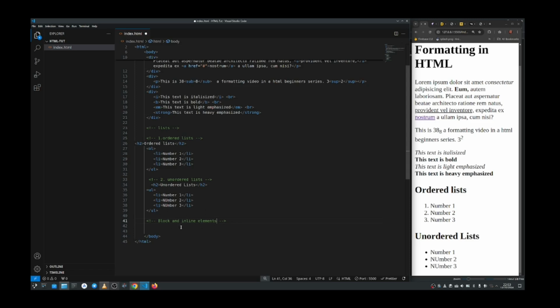So we are going to talk about inline and block elements. If you observe very well, you find out that some elements, when you write them, automatically occupy the entire length of the page, whereas some don't do that. For example, I'm going to use an italicized text and a paragraph. So if I write a paragraph here and save,